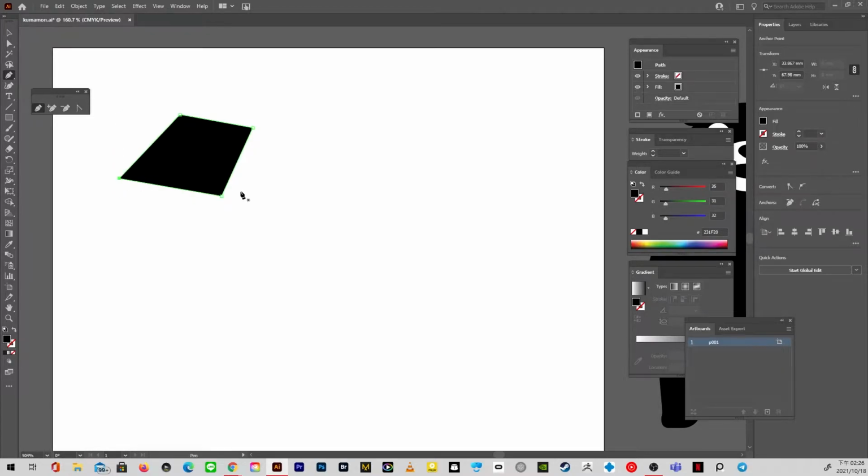If we click it, it will be a full shape. If we want to add any anchor points, we just click on the side, as for here is a green line. So we can move it or delete our anchor point. And if we want to move it, we use our